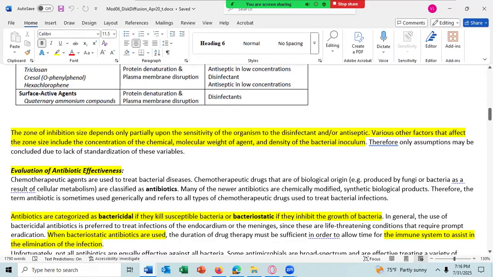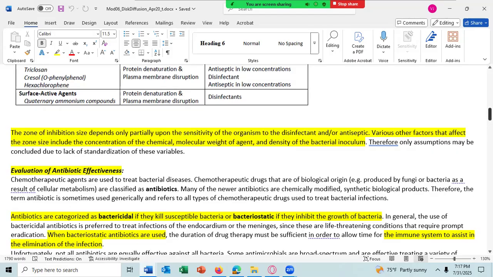Evaluation of antibiotic effectiveness. Antibiotics are categorized as bactericidal if they kill the bacteria, or bacteriostatic if they inhibit the growth of bacteria. If a bacteriostatic antibiotic is used, we're depending on the immune system to assist in eliminating the infection,